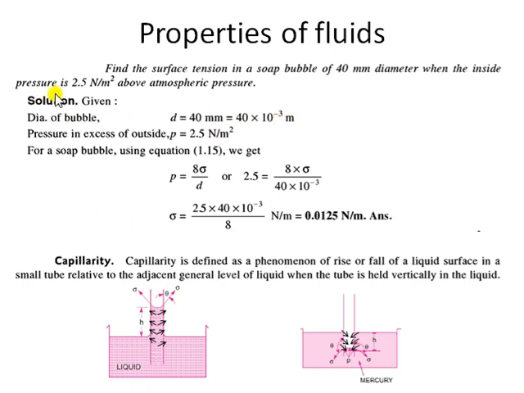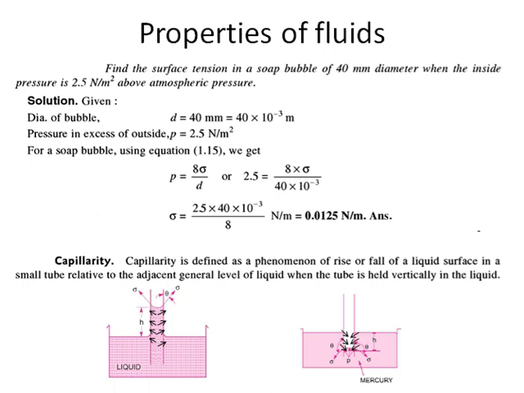And then the pressure is given in Newton per meter squared, so it's an SI unit already and we need not convert it. So pressure is equal to 2.5 Newton per meter square. Now we have P and d, so we can easily calculate sigma. Just substitute the values and calculate sigma. Whatever value of sigma comes, you know the unit of sigma is Newton per meter, so obviously the unit will be that here.